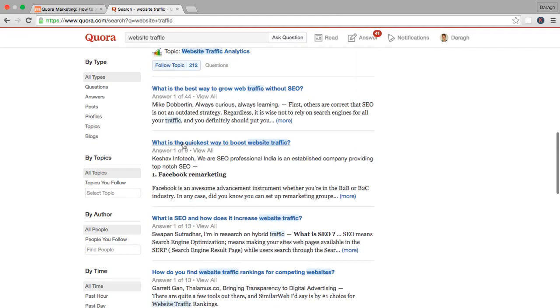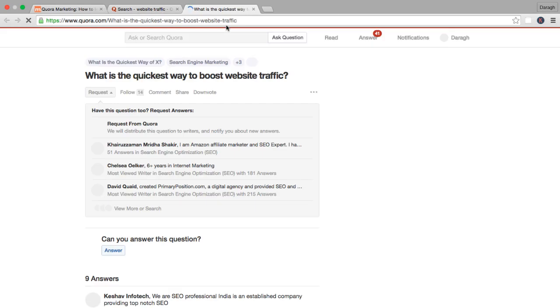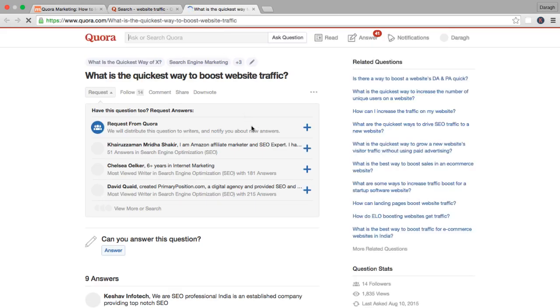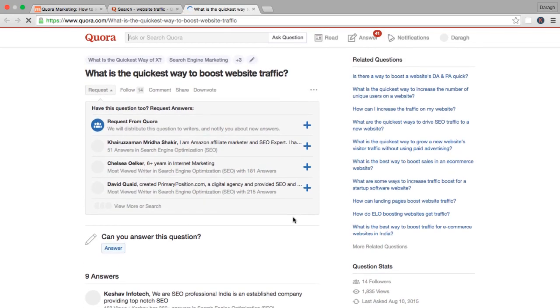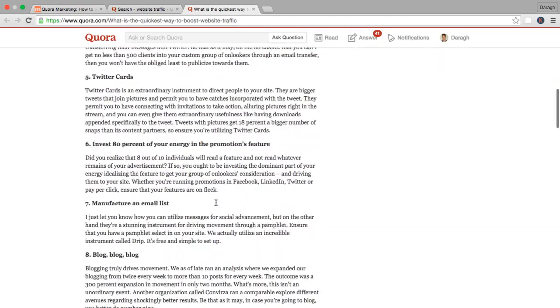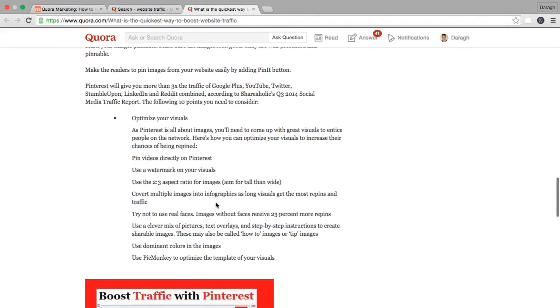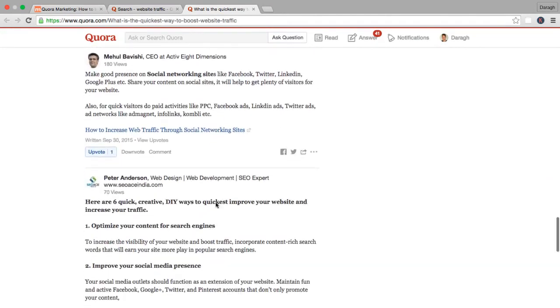So let's even come into this and have a look at how many views this question has. So what we can see is it's a little bit above our range, but it's maybe still ideal. And maybe I can even do some other searches to get down to the level that I've set there. But what I can see here is that there's 1,800 views for this question. There's 9 answers.